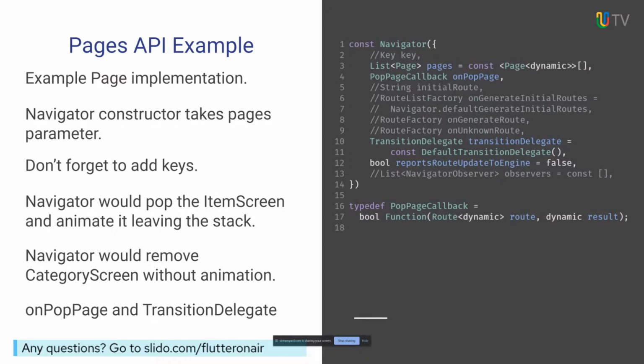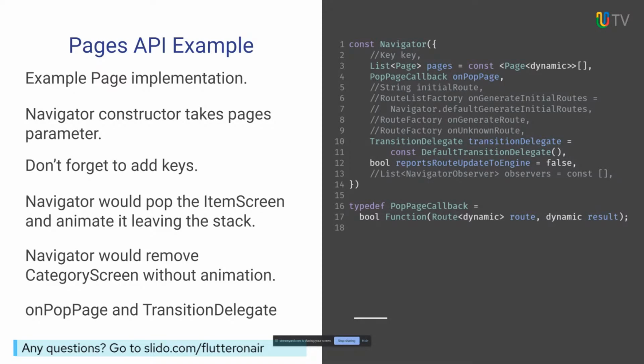And just a remark here, as you see, the constructor has both. So you can actually mix and match the old imperative and the new declarative approaches. Your first thought may be that's a bit odd. However, it does help for a steady migration if you want to migrate parts of your app and still keep some of the old behavior. But importantly, it allows us to keep things like dialogues and pop-up routes.